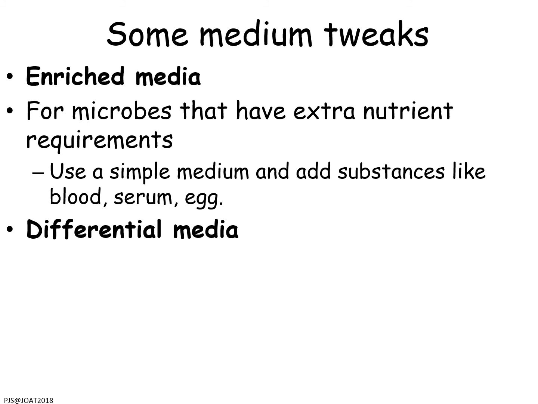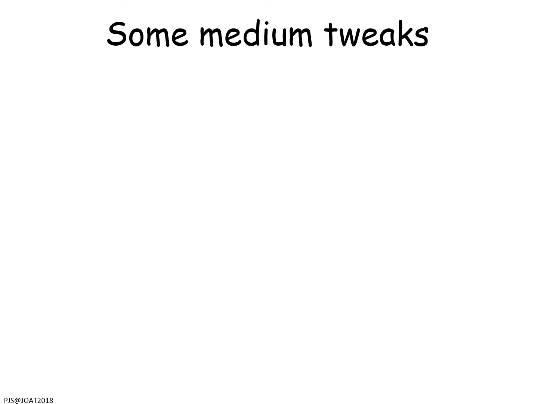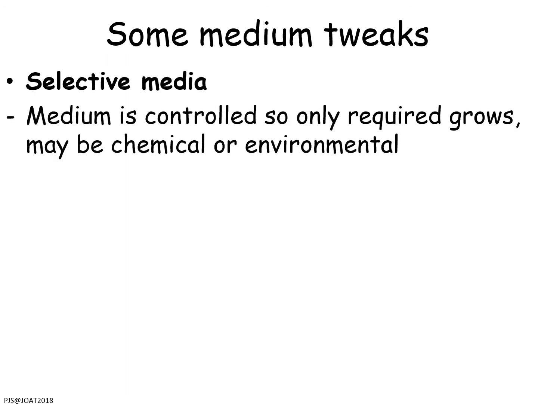We might also use differential media, and that means that we can use something that shows up a particular thing about what's growing there. So it might tell you that everything that comes up blue is taking in a particular dye and therefore has a particular thing we want, that kind of thing. So the other type you can have rather than differential is a selective media, and a selective media is basically doing exactly what it says. It is selecting for particular microbes.